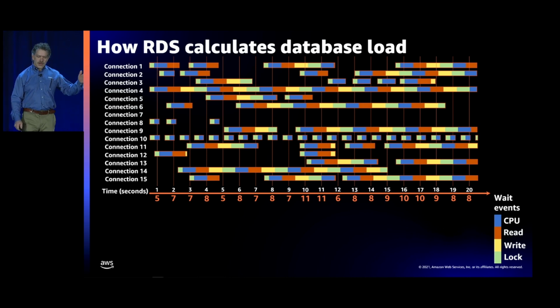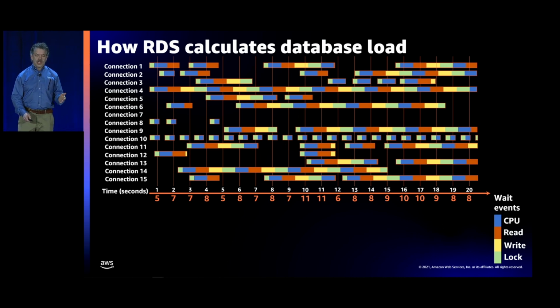So if you can instrument each moment in time that it's doing something, you can get a good idea of how to characterize that load. So now I want to introduce this concept called wait events. Most modern database engines, like SQL Server and Oracle and MySQL and Postgres, are instrumented with what we call wait events. And those wait events are basically just names or labels for what a request is doing at any given time in the database.